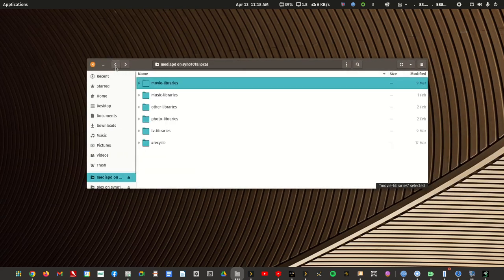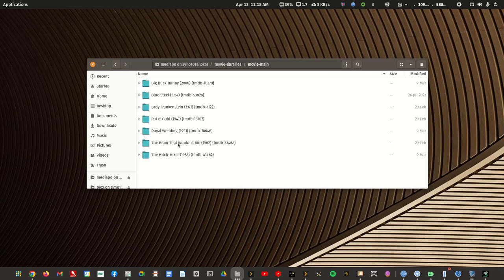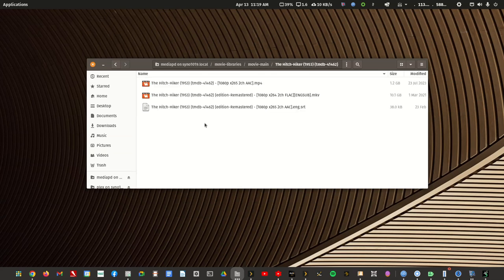So here's my nested folder structure on this test server. My main media share is Media PD. Then I have a sort folder for each type of library. So here's my movie library sort folder. And now I have folders for separate Plex libraries. A 4K movie folder, a documentary movie folder, one reserved for DVR, one reserved for kids movie, and the main one. So if I go into the main one and pick this movie, The Hitchhiker, I have two different versions